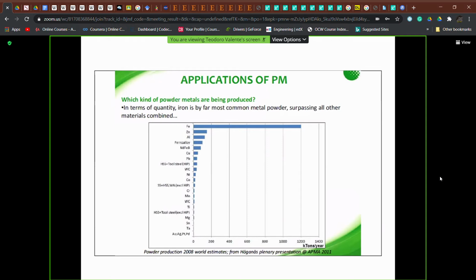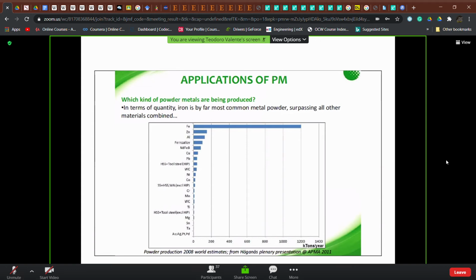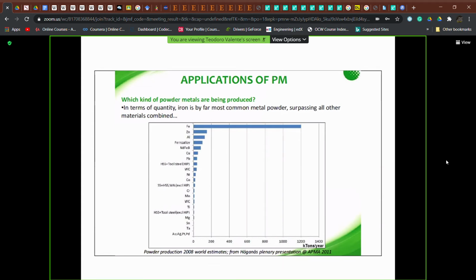Essentially you see that the most important in terms of quantity is iron, and so not pure iron, I mean iron alloys, whilst the alloys for high temperature applications in our field, like nickel-based or cobalt-based superalloys, or in some cases titanium, you can see from this graph they are very, very minimal,